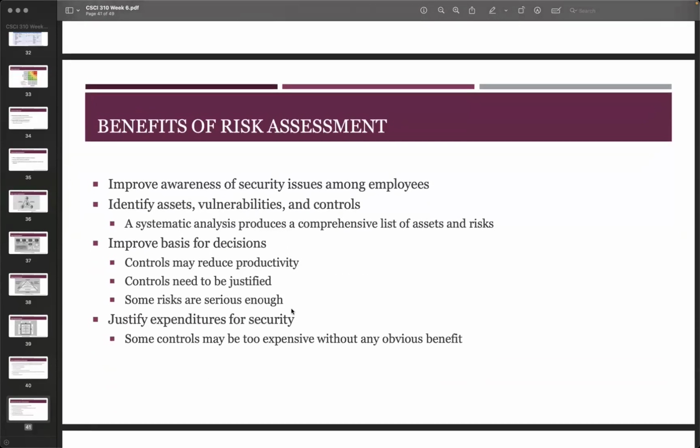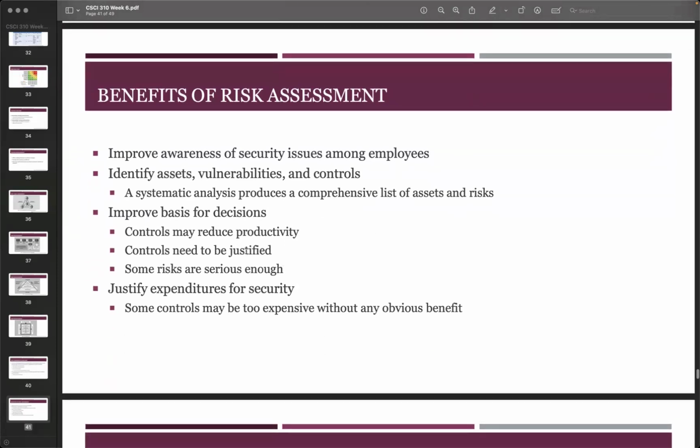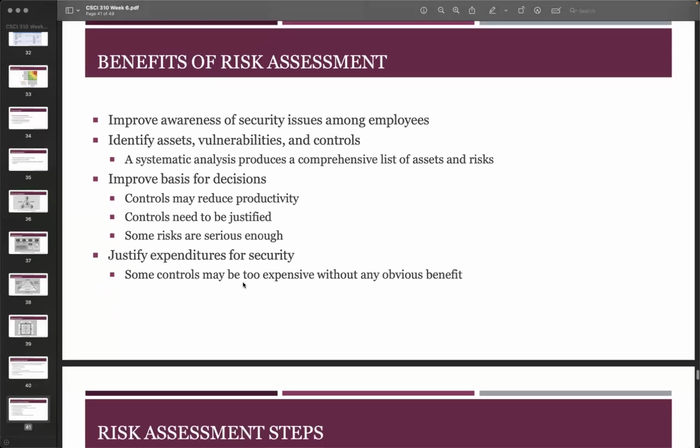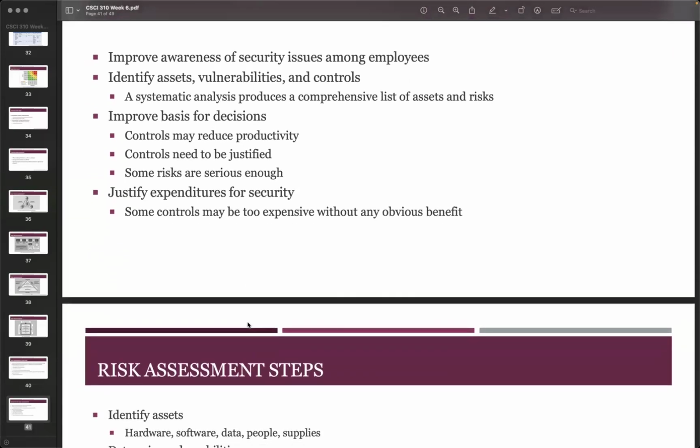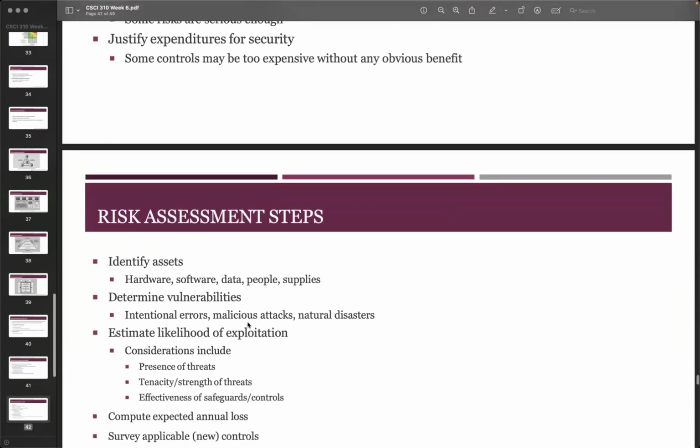And then we have some benefits, like improving awareness and identifying the assets, so we know the list, and also we can improve the basis of the decision. We know that it reduces productivity, and the cost needs to be justified. Some risks are serious enough. It also justifies the expenditures for security. Some controls may be too expensive without obvious benefit, or the benefit is not enough for us